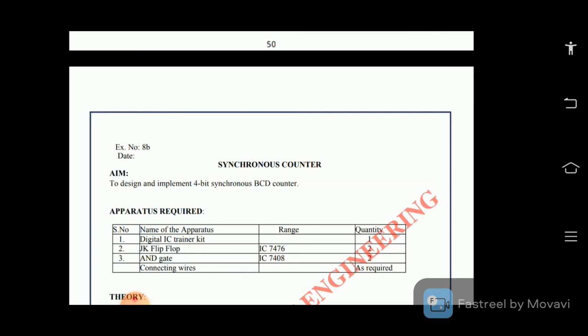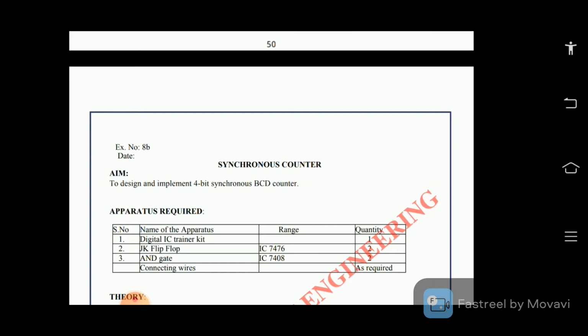It is faster in speed because the propagation delay of only a single flip-flop is involved, and it is called a parallel counter. It is also called a decade counter or mod 10 counter. It requires 4 flip-flops. So there are 16 possible states, out of which 10 are valid and the others are invalid. Okay, so this is the synchronous counter. This is the operation of our synchronous counter.